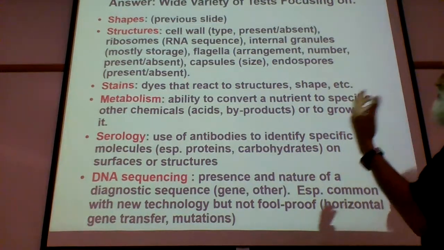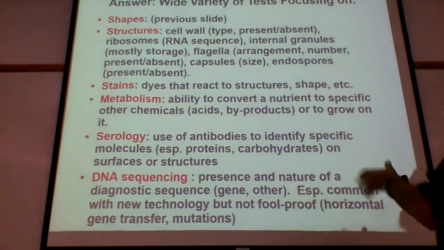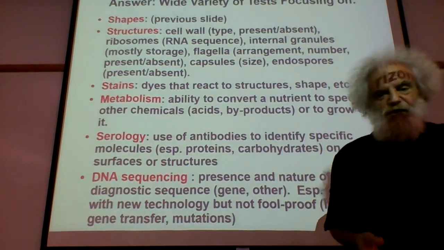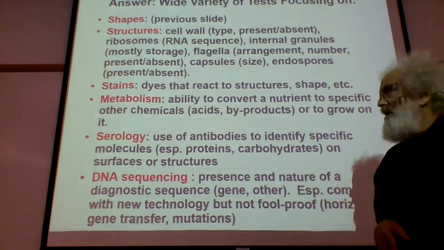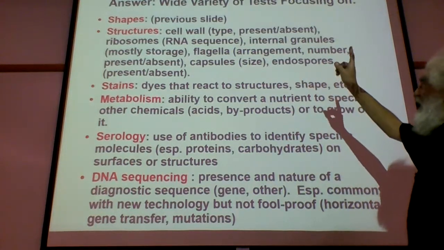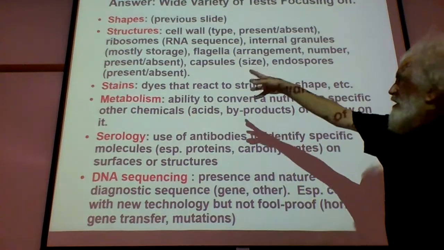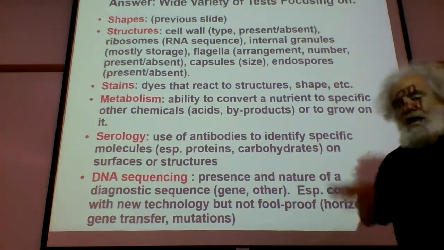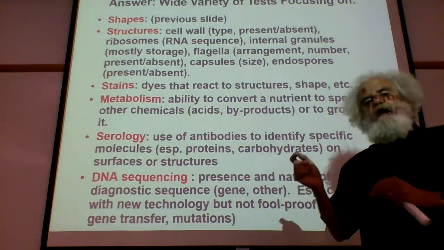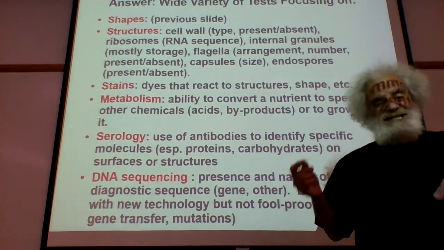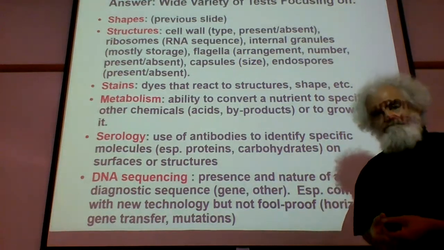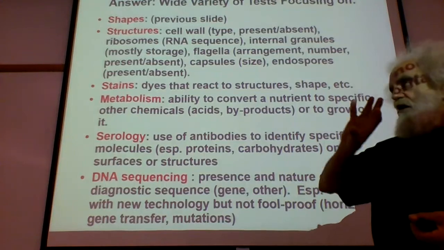And do they have flagella? A couple of these things, like ribosomes, require RNA sequencing, but it's another way we can begin analyzing this. Looking at the presence of what's known as an endospore, or the presence of a capsule. And some of these kinds of characteristics are identified using different kinds of stains. So these are dyes that have been discovered over a couple of hundred years that are going to interact with